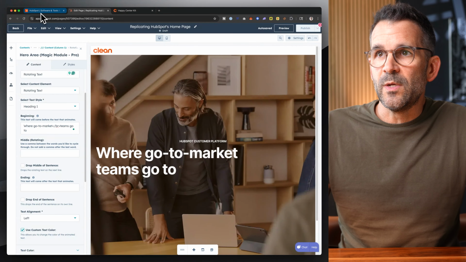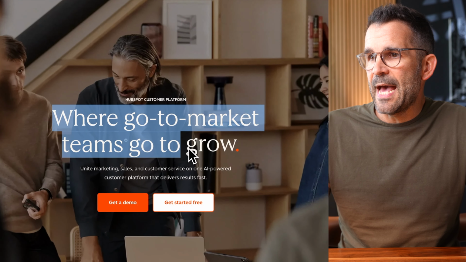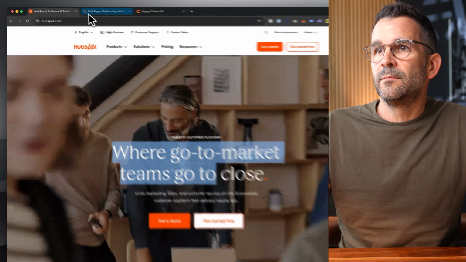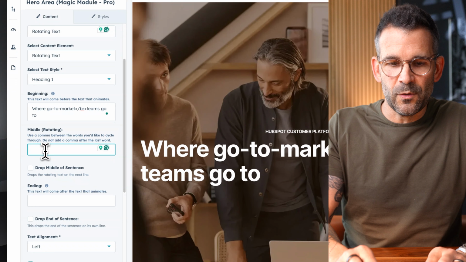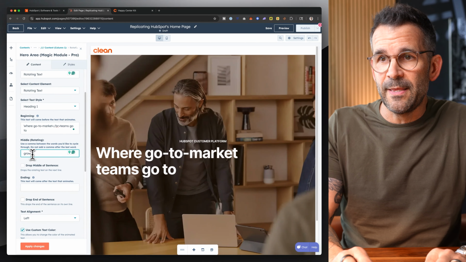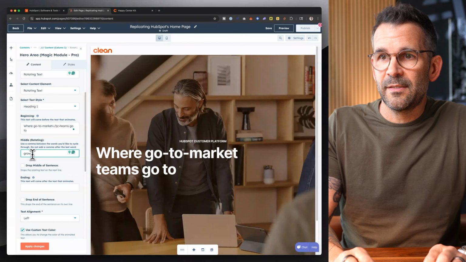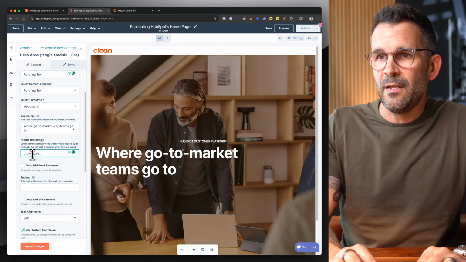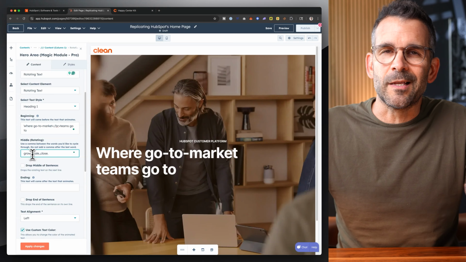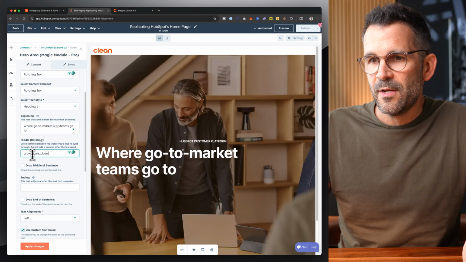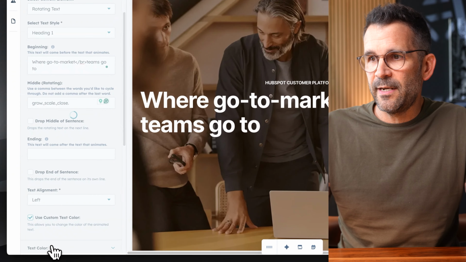Now what we can do is come over and add in grow, scale, close. Okay, so then we would do grow, period, and then comma, which is gonna separate that. Scale, period, comma, and then close, period. It's the commas that separate what it rotates through. And so if we apply changes there,